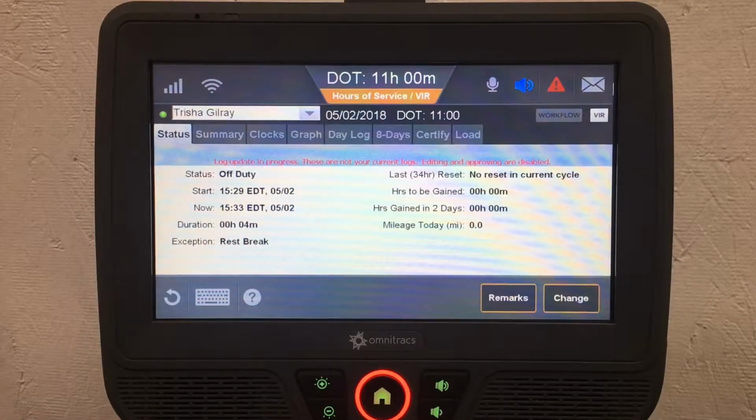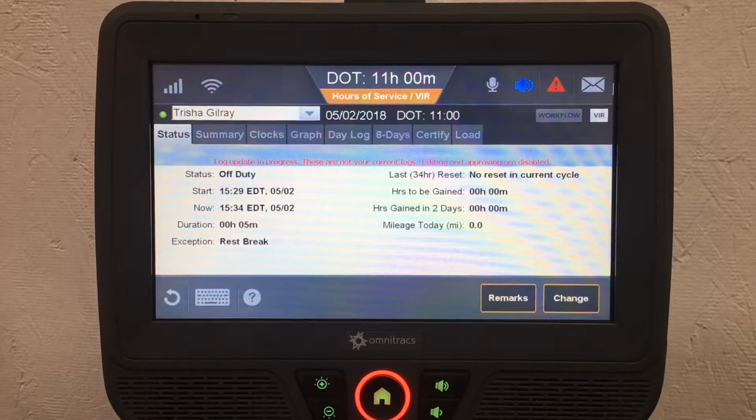Now, for the ELD to register the full 30-minute break, you'll have to be sure that you're off duty or in the sleeper berth for 31 minutes. During this time, do not move the truck. If you drive anywhere, the truck will put you into driving mode, and your break will not count. If for some reason you have to move the truck,